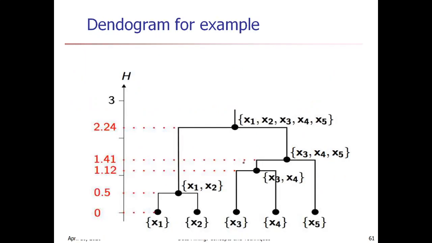So at the end, from the dendrogram we can write that x1 and x2 are merged into x1 x2, and the individual objects x3 and x4 are merged into x3 x4, which is finally merged with x5, which is then finally merged into the total cluster. Here we represent the minimum values that are used for the merging.